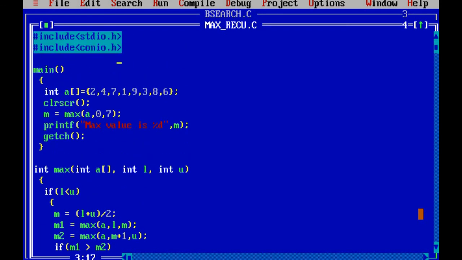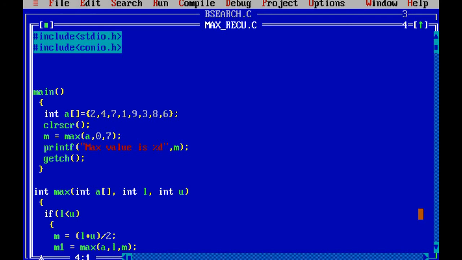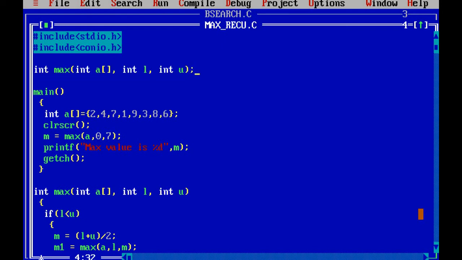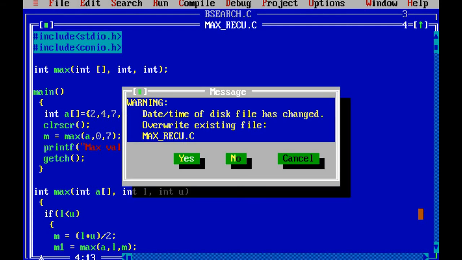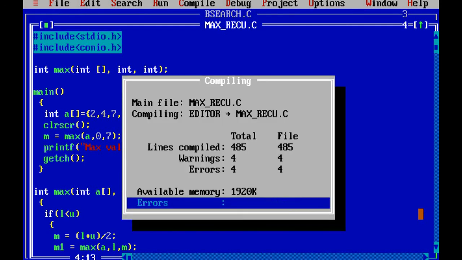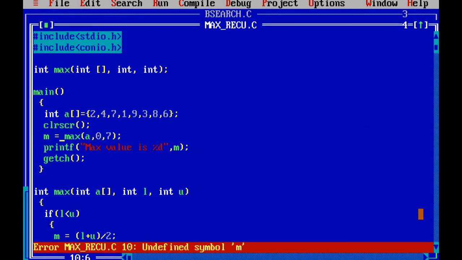If you run this code, let's write the function prototype over here. So if we write the code for this, let's see.